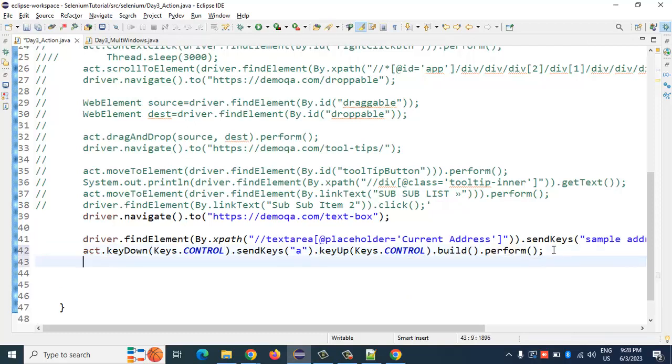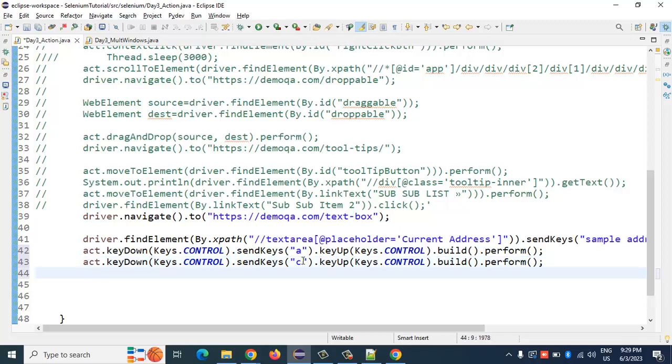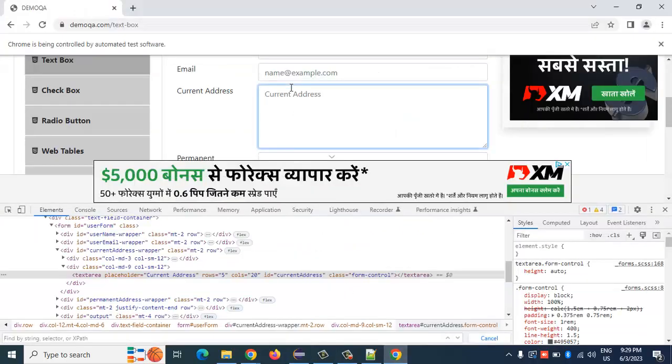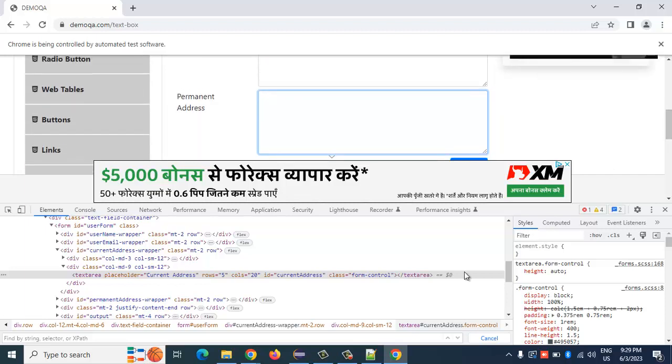Okay, so now Control A has been done, correct? Now what next? I have to do a Control C also, right? So that it gets copied. Same stuff, but instead of A, it would be C, correct? Then I have to now press tab. So here, let's say I mention whatever value I wanted to add. I will do Control A, then Control C. I have to press tab so that I move to the next edit box, right? So for that,